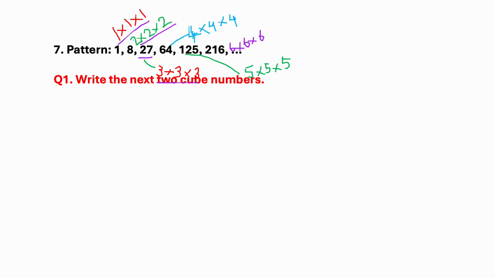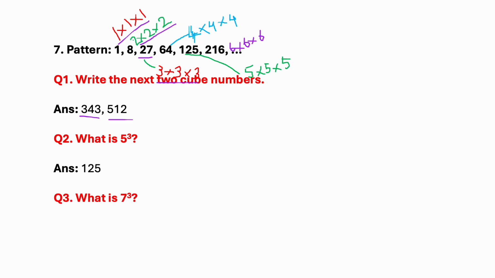Write the next two cube numbers. 7 into 7 into 7, that is 343. Then 8 into 8 into 8 is 512. What is 5 cube? 5 into 5 into 5, that is 125. Then what is 7 cube? 7 into 7 into 7,